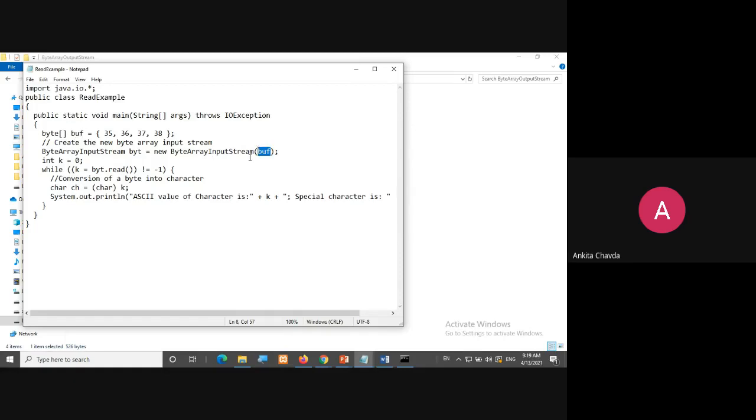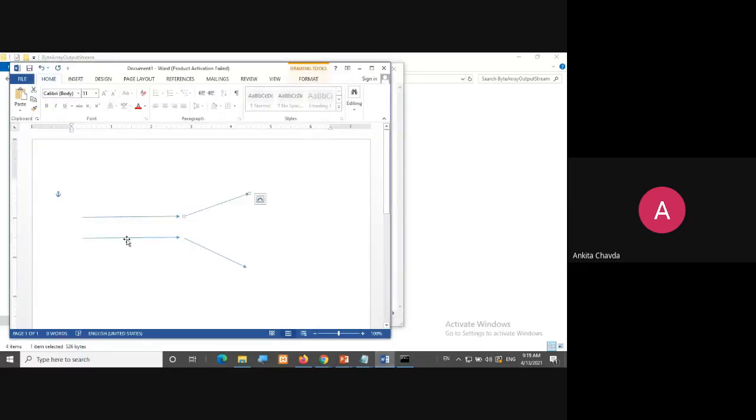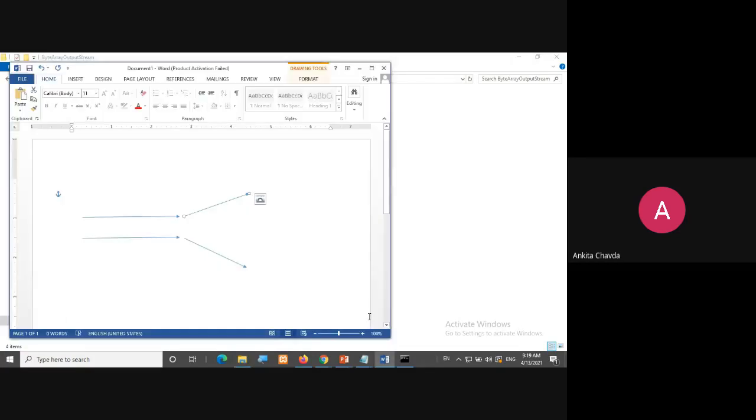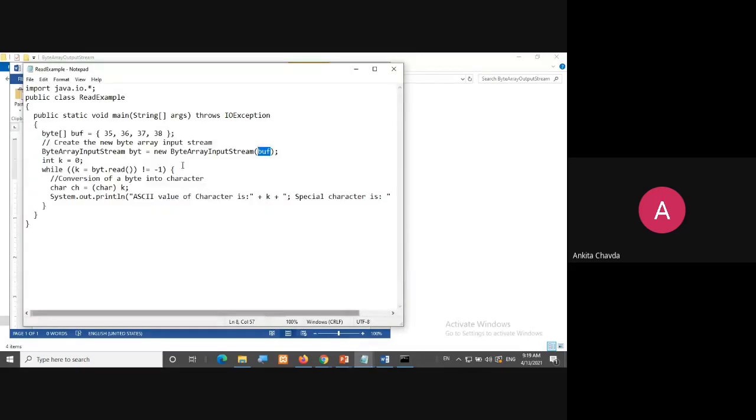Now I am reading it, because on my stream, this input stream, I have placed these 4 values, that is 35, 36, 37 and 38. So it is on my pipeline, it is on my stream right now. And now I am reading that data and simply printing it onto the monitor. So this is my task.